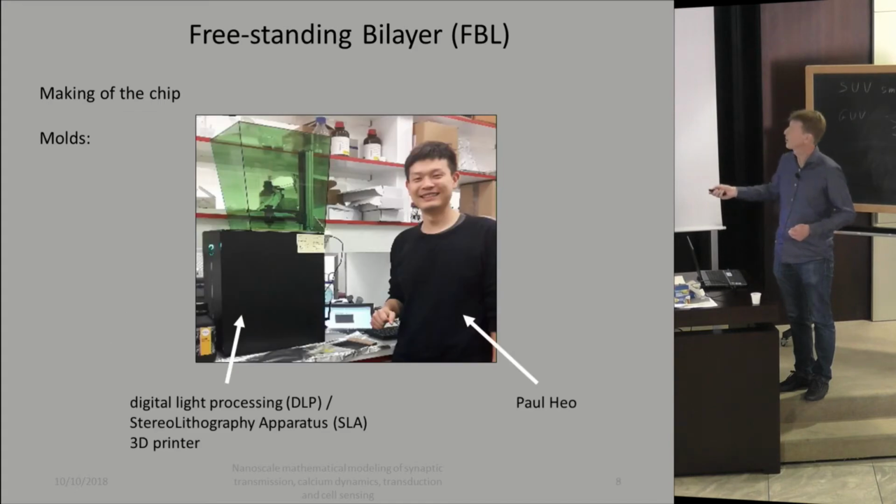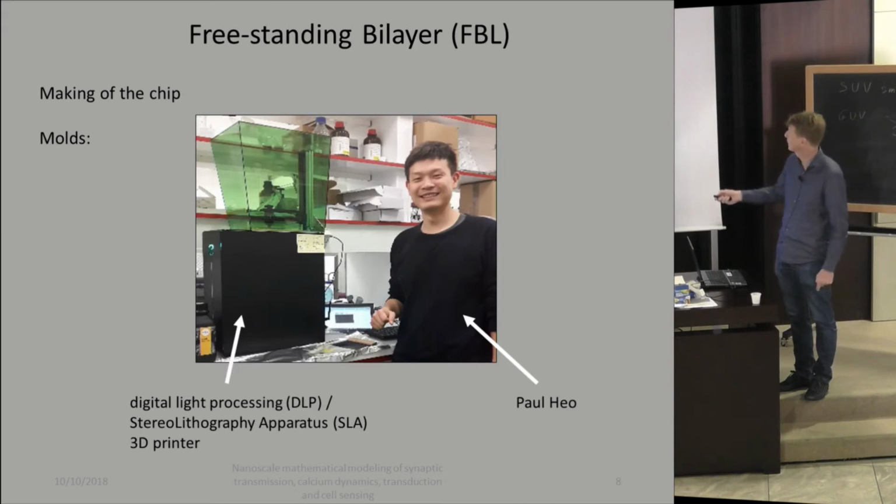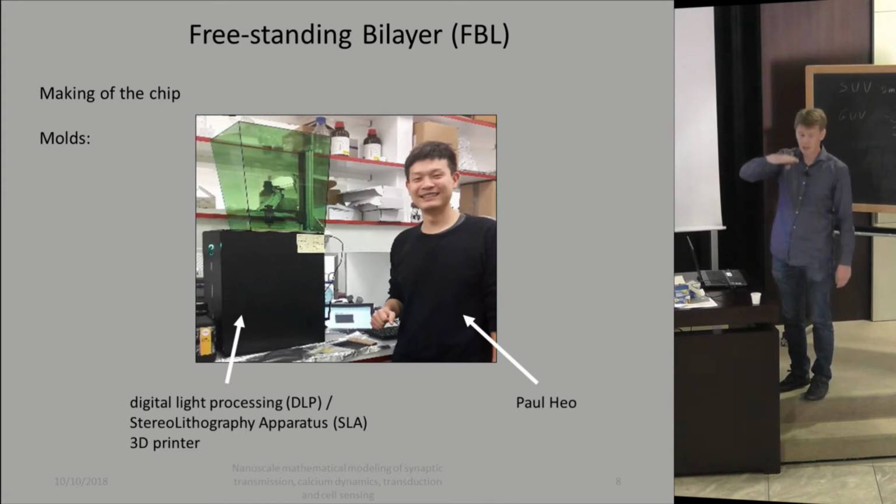But when the light coming from the video projector arrives, it reticulates a thin layer of resin with the shape we want. If you put just a square in your image, it will reticulate just a square. And you have a platform that goes up and down. So it goes down, reticulates, up, and then it goes down a little less, and you reticulate the next layer, and so on, and you build whatever you want by changing the picture you do at each slice.